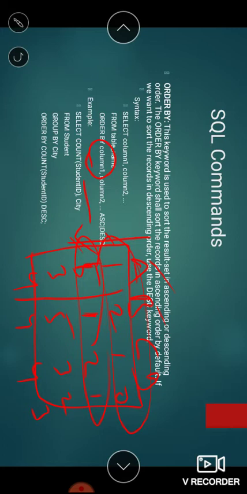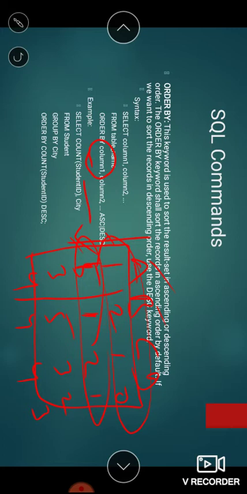Okay, so next we will see the example for using ORDER BY and GROUP BY together. SELECT COUNT(student ID), city FROM student GROUP BY city ORDER BY COUNT(student ID) DESC. So what it will do, it will first go to the student table and group by city. Let's suppose 3 cities are there: Jaipur, Ajmer, Bikaner. It will group the table by city names, and then it will count the student ID. So how many student IDs are there will be counted.